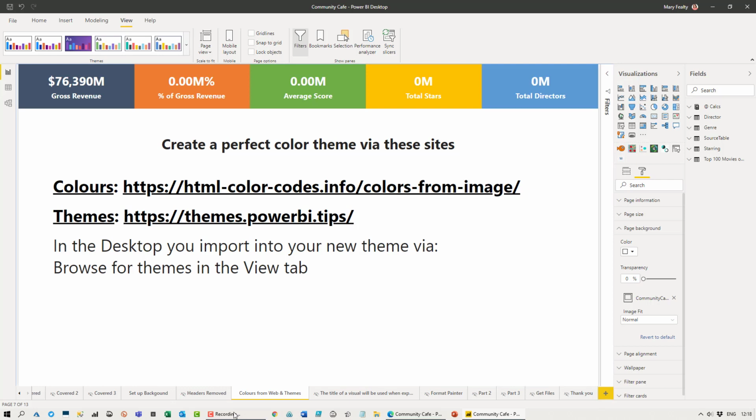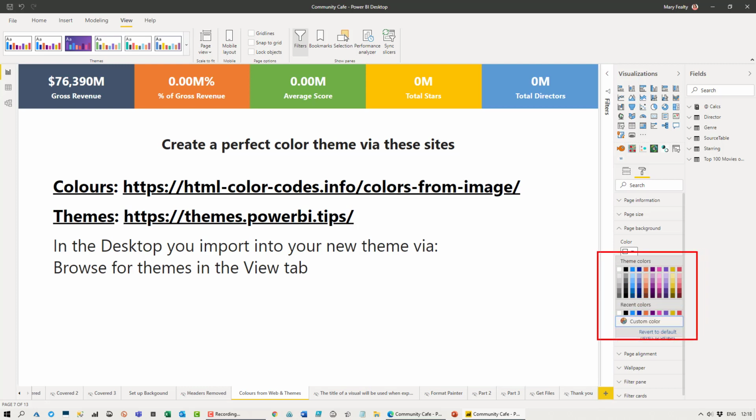So in this session, I just wanted to share some information about how you can create a theme based on the colours that are relevant to your report. They could be corporate colours, or they could simply be colours that reflect your design. So what I mean by that is, just for the purposes of seeing the colour schemes available to us, if we look here,